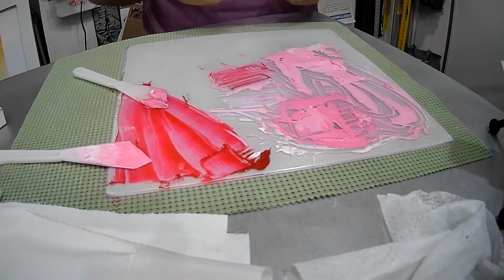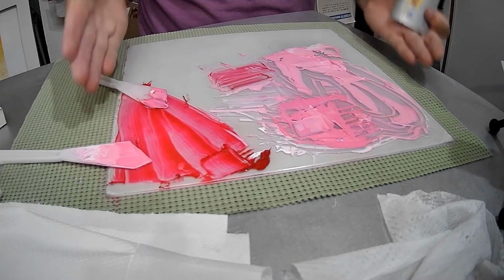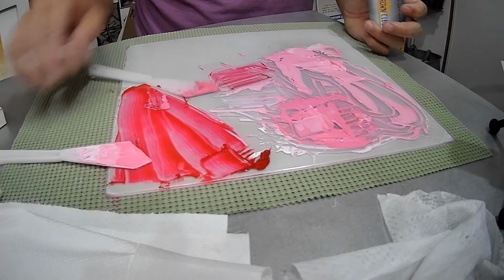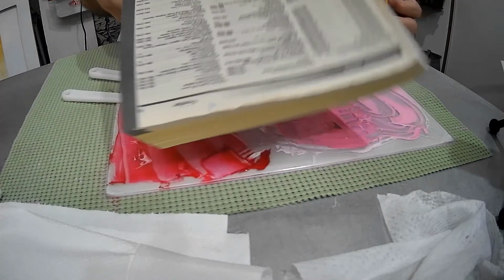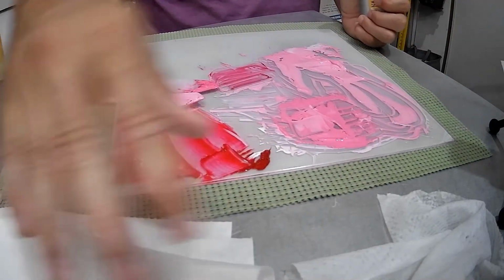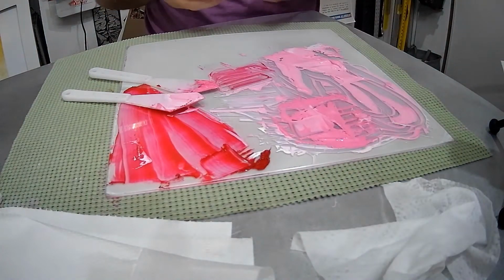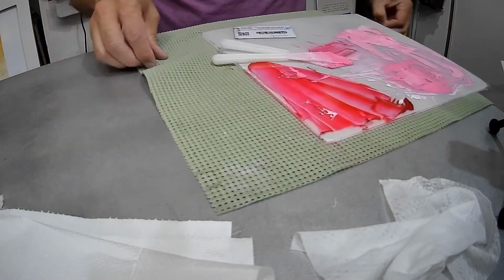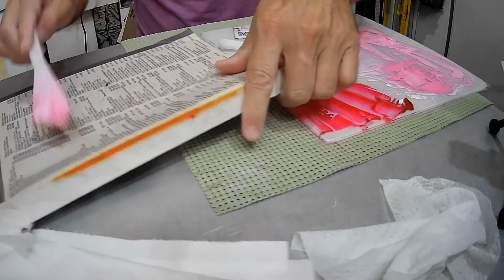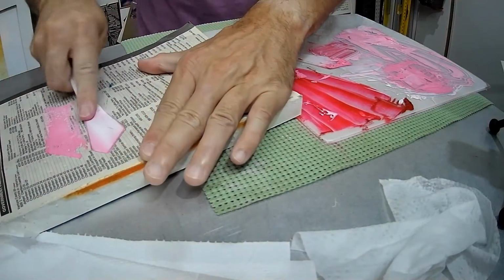To get started, I've got my palette here. I've got my palette knives here that I'm going to clean up. I have a phone book. I've got a dry paper towel, and I have a wet wipe right here. So the first thing that we're going to do is just clean off the palette knives and get them out of the way. So just by